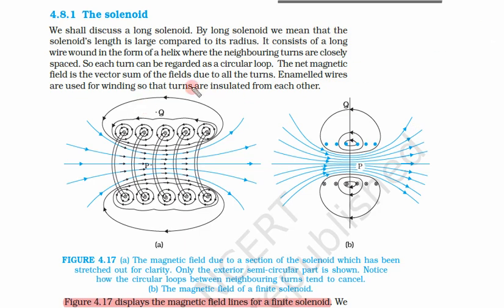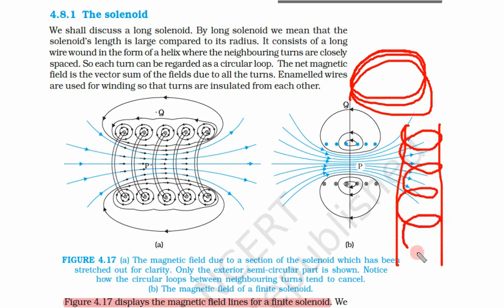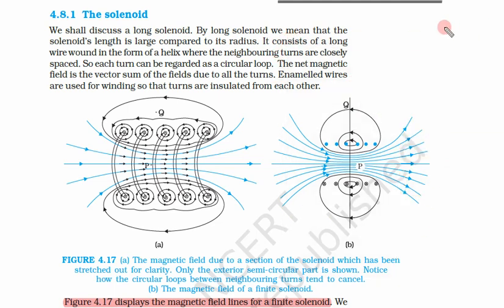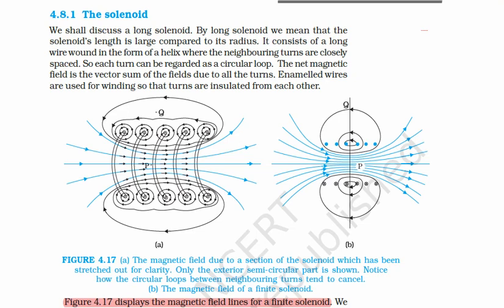Now you would ask, why do we take a long solenoid? Because if we don't take a long solenoid, then this will be only a loop with some turns. A solenoid must be long. This is a property that a solenoid must be very long. Generally solenoids are quite large and have a large number of turns. If this solenoid is not long, then this is just a coil with a large number of turns. So there are no short coils, no short solenoids. A solenoid must be very long.